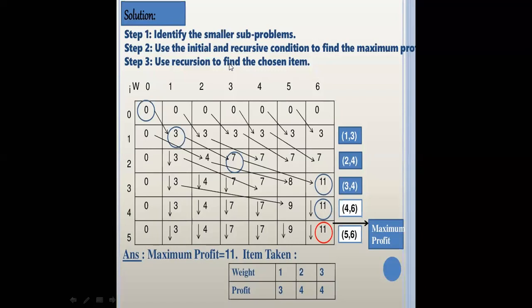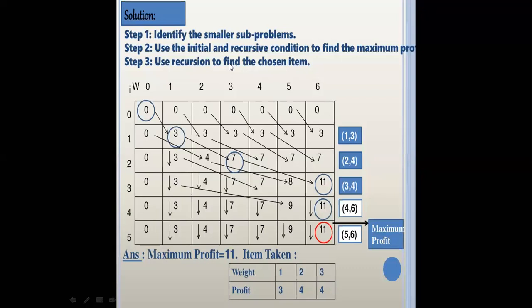Now the condition is that you can take either the whole item or not. We have only two options: either you take it as a whole, or you will not choose it. But in the fractional case, if we want some item and we do not have enough space in our bag, then we fraction it. But now in the dynamic approach, the knapsack problem is known as 0 1 knapsack.